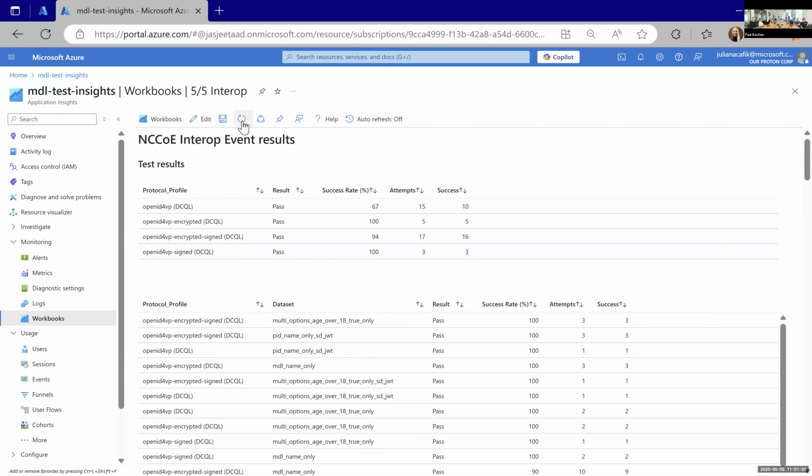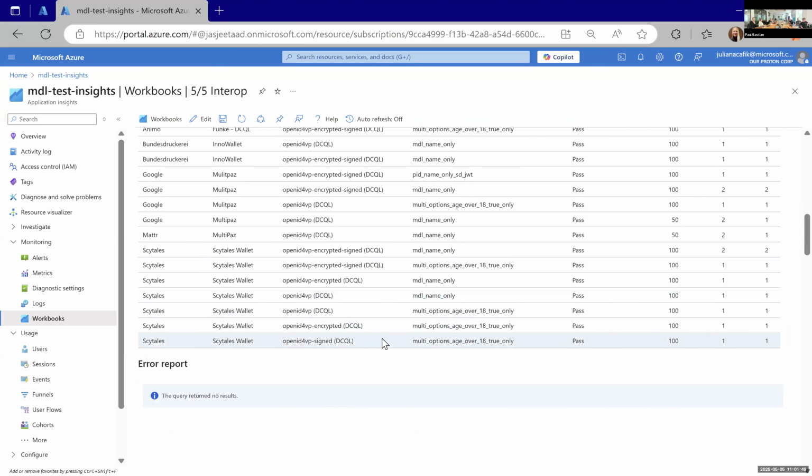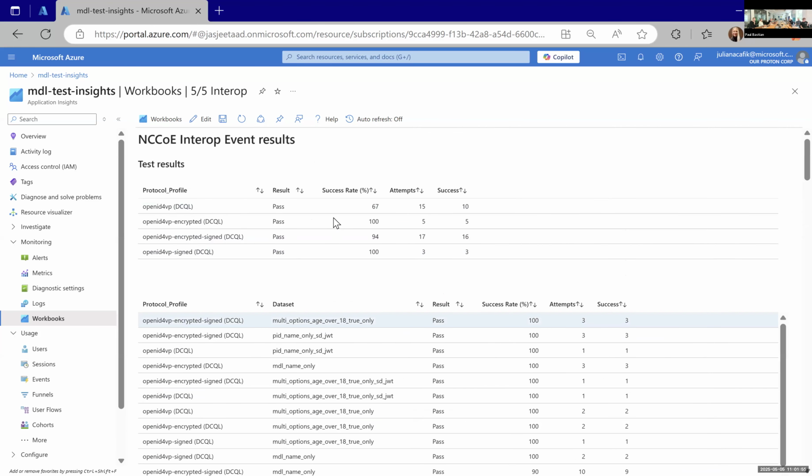Yeah, so here we're seeing, I think this is stabilizing now. We're seeing some pretty good success rates here. The first one, the OpenID VP, the first DCQL query, I think we had some early failures down here, but those resolved into successes. So that's why you're seeing this slightly lower success rate here, but these are pretty impressive results now. Even from a week ago. And that's incredibly impressive.